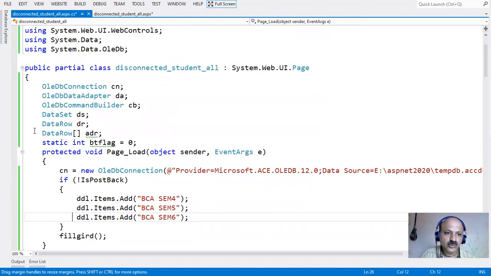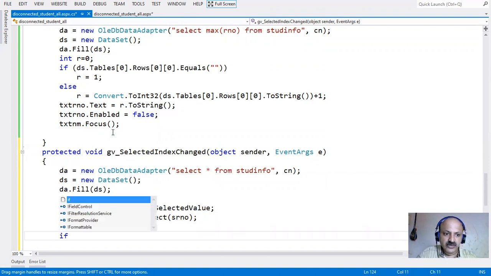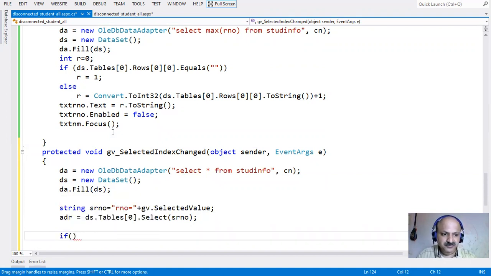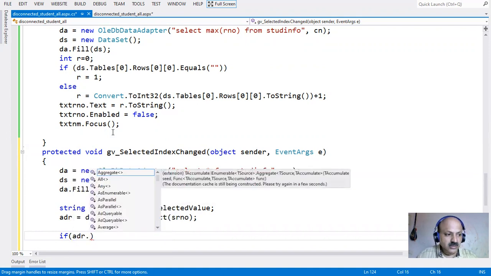First I can show you here. That is what we have to use. So that is a 1D array, and one record is stored. Then one if condition, with the count method.